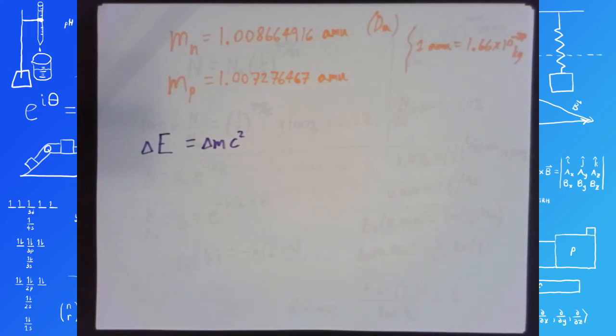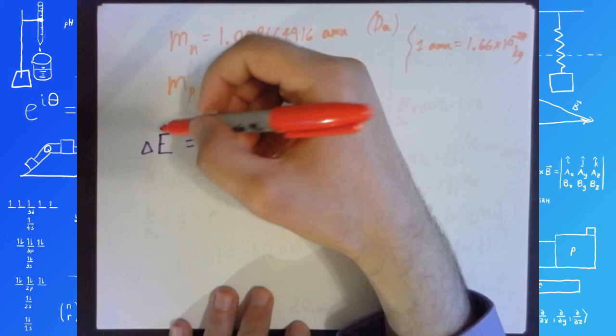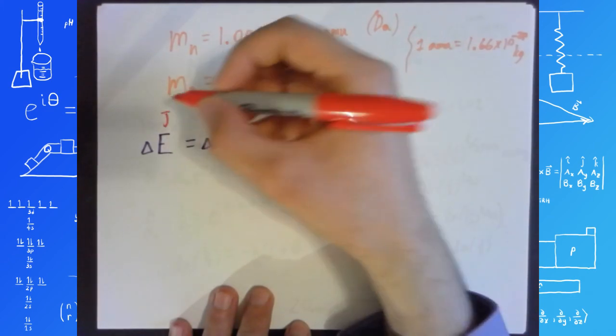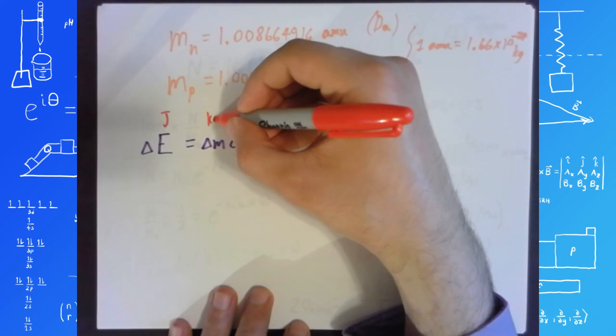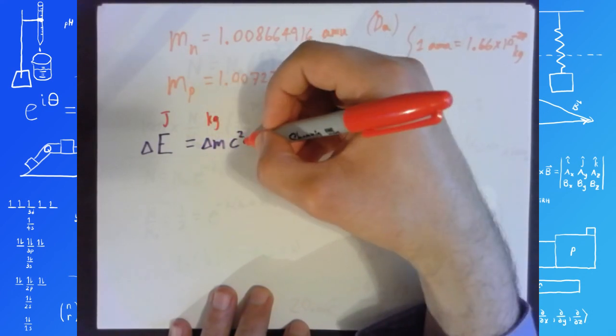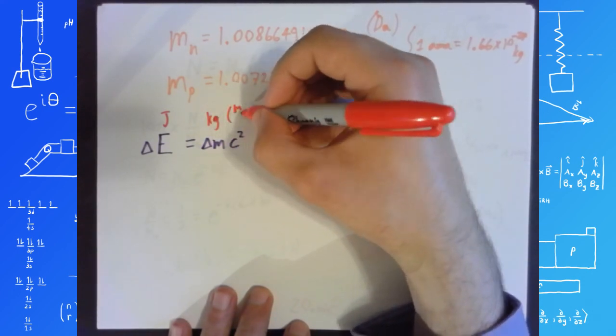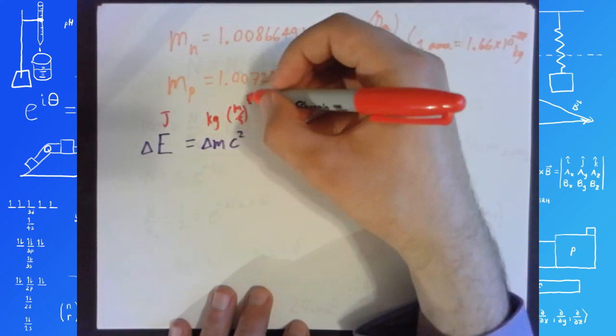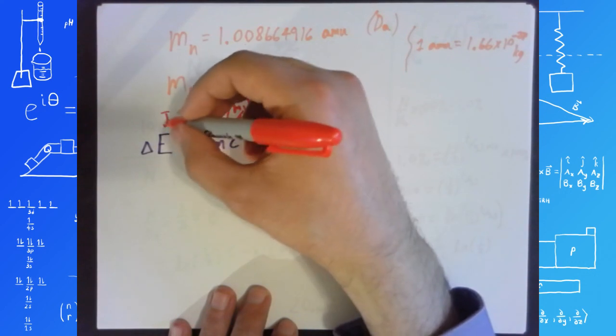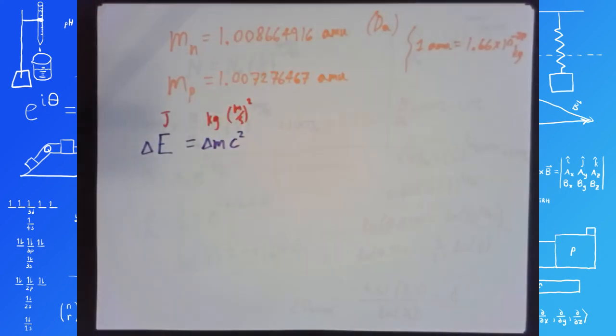So delta E is typically going to be in joules. Delta M is typically going to be in kilograms. And c squared, that's the speed of light. Speed of light is in meters per second, and if you square it, there you go, kilogram meters squared per second squared, that's a joule. And of course there are alternative units which we'll talk about. But let's go ahead and use